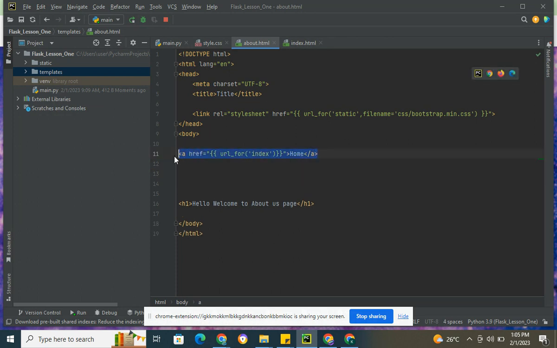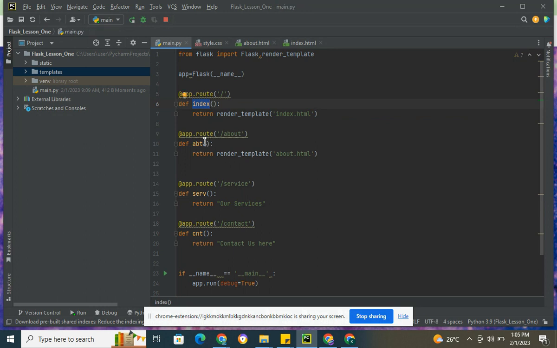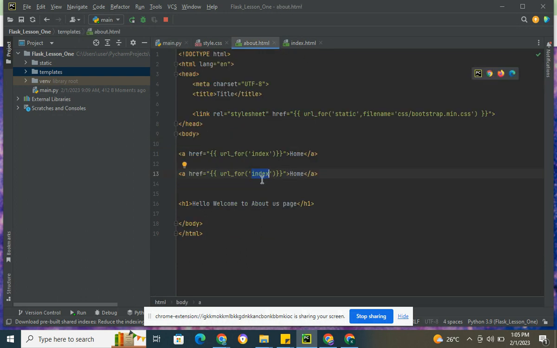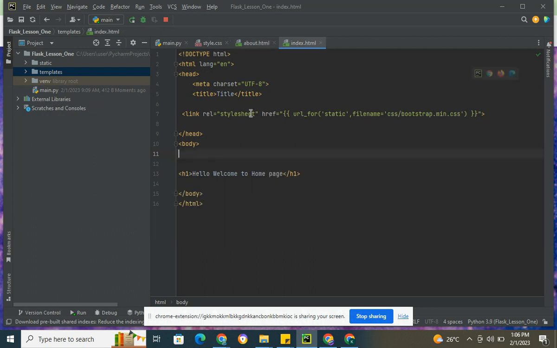So you can have one more link, and from there you just get the new function for the about us page, which is abt. So you can have abt here. So let me have abt, and of course this one will be the about us page. So you can link, or rather you can have that in both